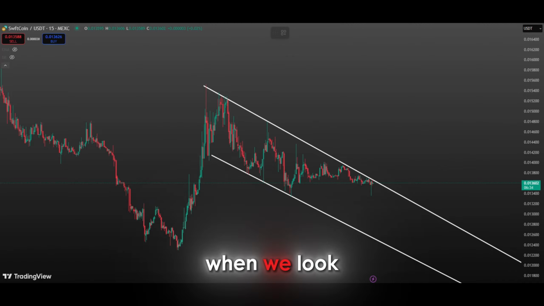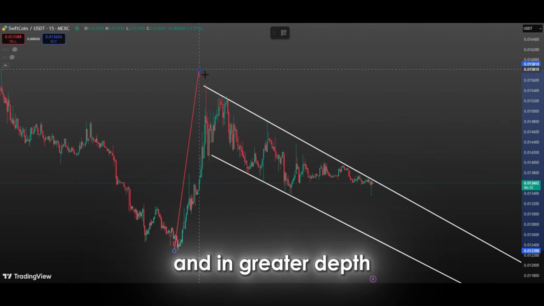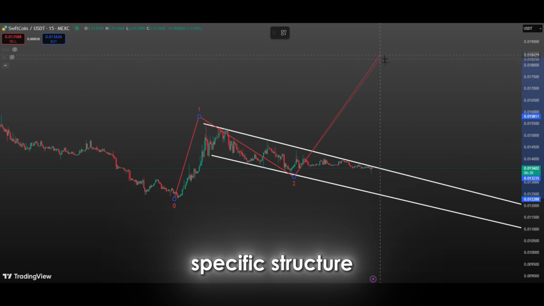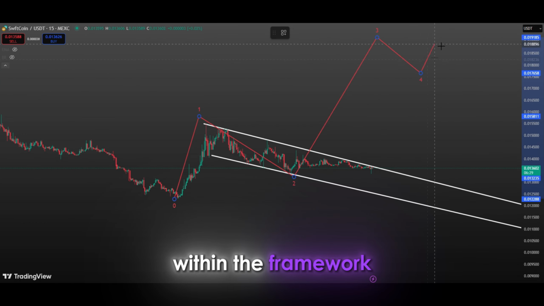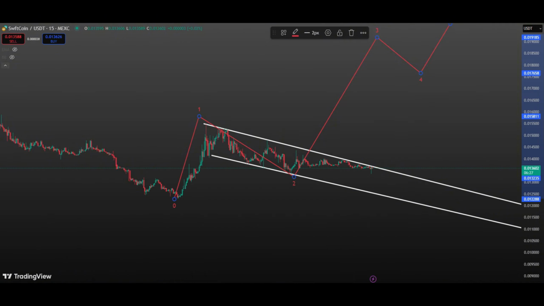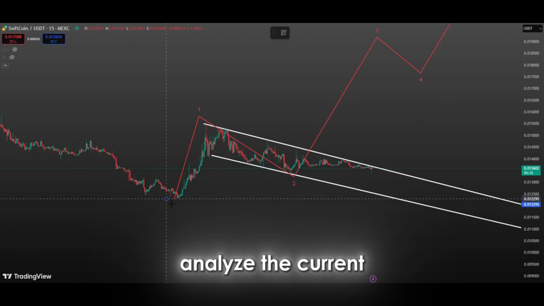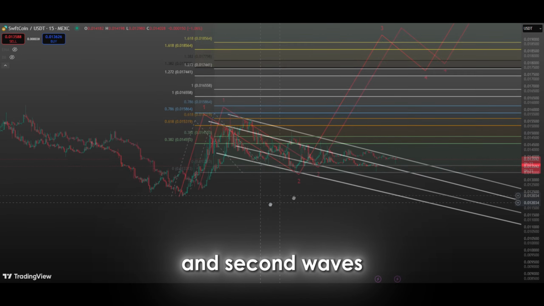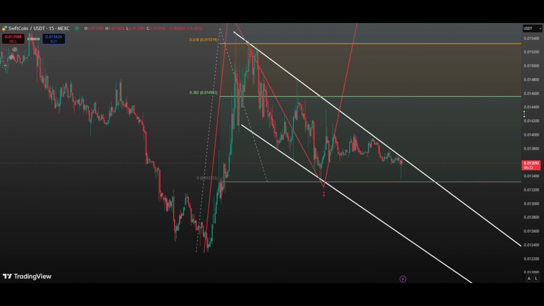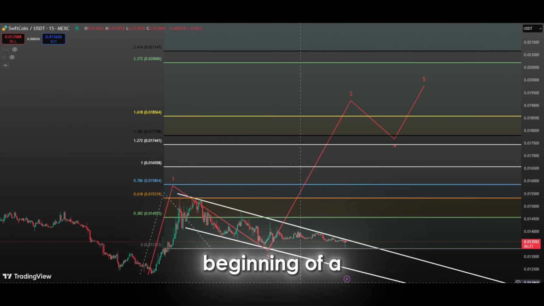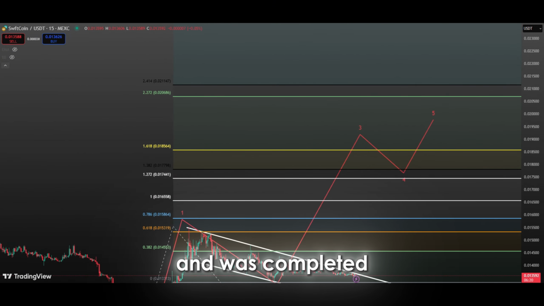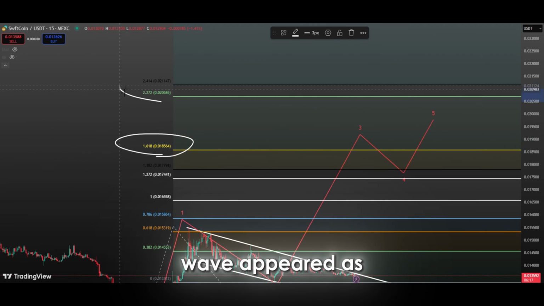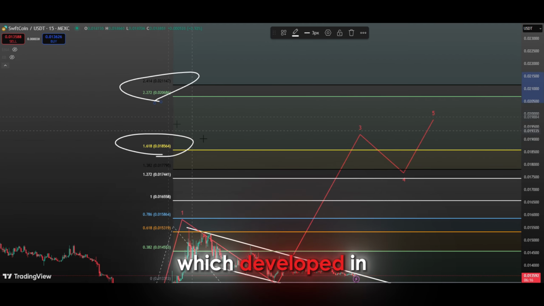Stay tuned. When we look at the chart more carefully and in greater depth, we can clearly see that the price movements are following a specific structure within the framework of the Elliott wave theory. Especially when we analyze the current price action, there are strong indications that the first and second waves have already been completed. The first wave emerged as the beginning of a new uptrend in the market and was completed with a healthy impulsive move. The following second wave appeared as a corrective move, which developed in line with the classical